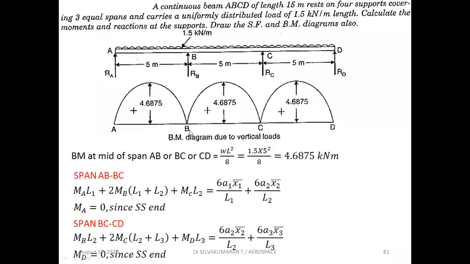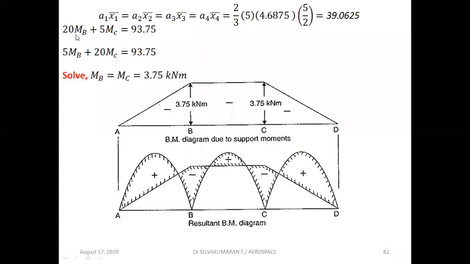So when you substitute A1 X1 bar, A2 X2 bar, A3 X3 bar, you have got 1, 2, 3 only. We don't have A4 X4, it is written there by mistake. If you substitute here, you'll get the equation in terms of MB and MC, and MB and MC here also: two equations, two unknowns. When I solve these two equations, I will get MB equal to MC equal to